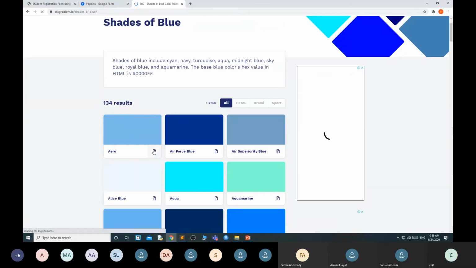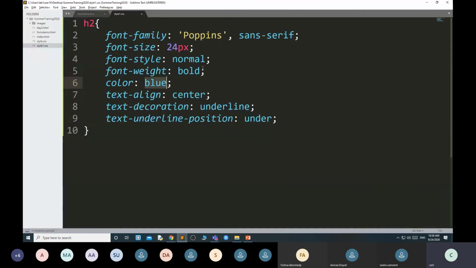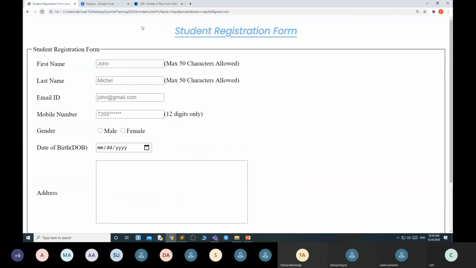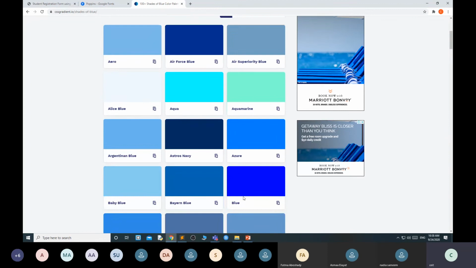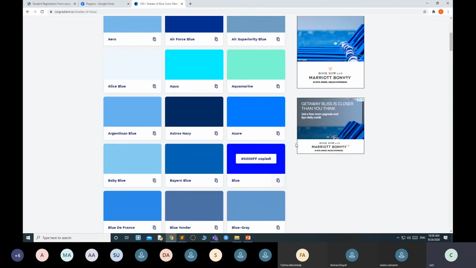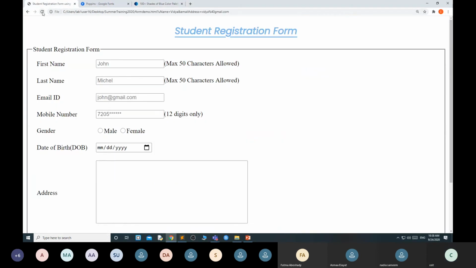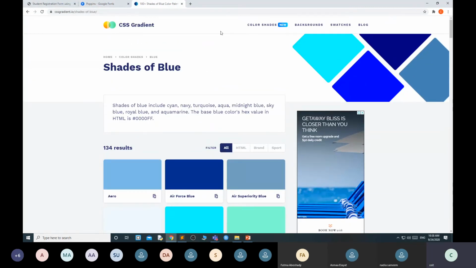You can simply copy this color code and paste it. Now you can see it changed. Suppose I want this color, copy and paste. Like this, you can use the colors.